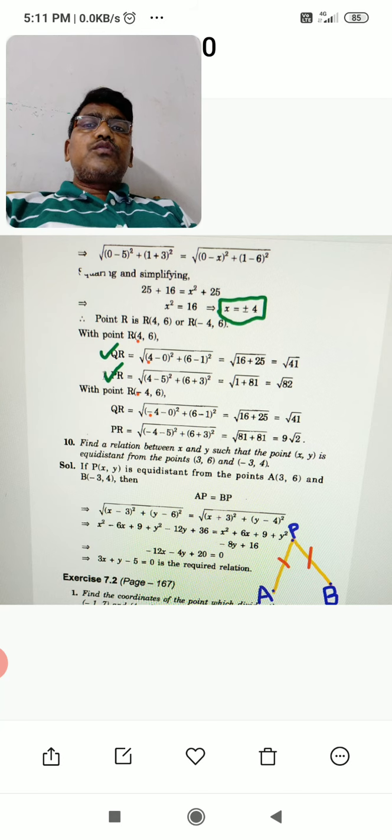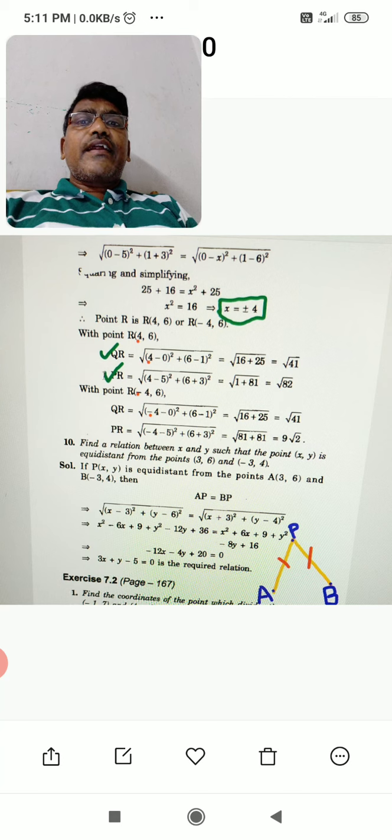So x equal to square root of 16, and you always observe that a square root will give two values, a plus value and a minus value of the same magnitude. I mean x equal to plus 4 and minus 4. So here 2 points are coming. For the point, we are substituting the value of x. R point is here 4 comma 6, which is one point according to plus 4. In the second case, I keep a red dot here, minus 4 comma 6.